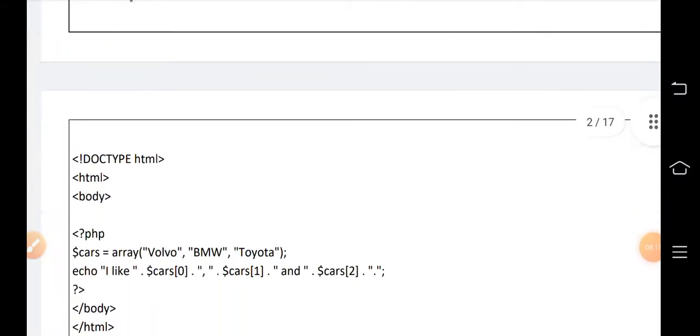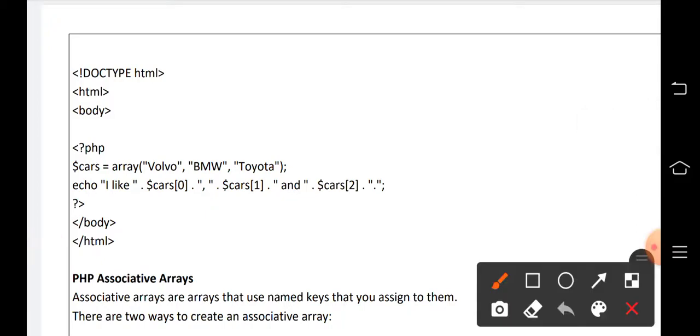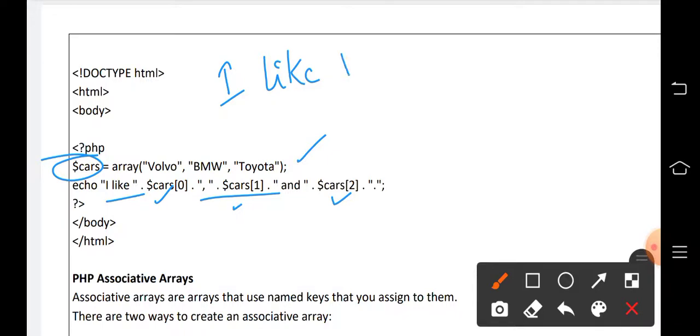Then next one is, okay, for these indexed arrays you have an example program that you have created. You can store 3 values in a single variable, which is a common name, and you are printing the output here: I like Volvo, BMW and Toyota.